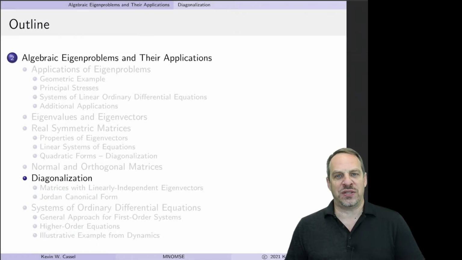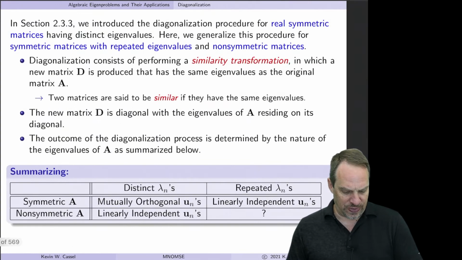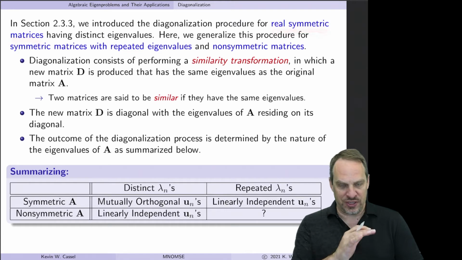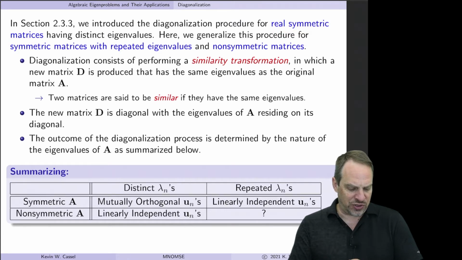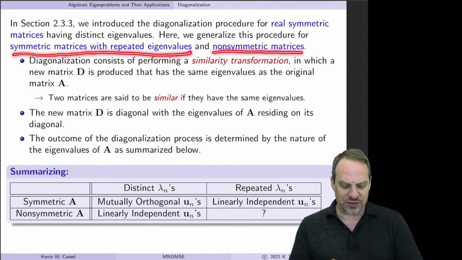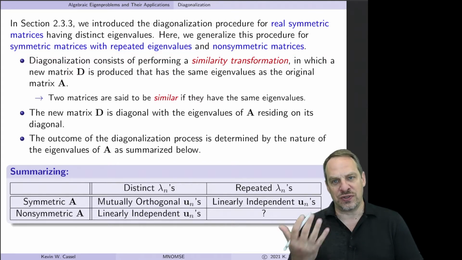In this video, we're going to get back to this idea of diagonalization and generalize it beyond where we introduced it for real symmetric matrices, now for more general matrices as well. So in addition to real symmetric matrices, which was the special case we've dealt with already, we're now going to look at symmetric matrices with repeated eigenvalues, as well as non-symmetric matrices, and see what's the same and what's different